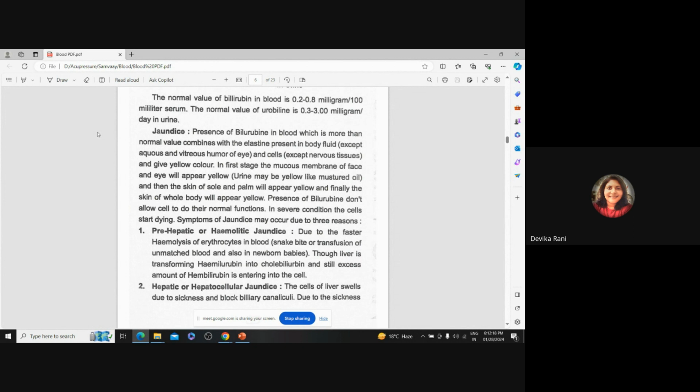So if symptoms of jaundice are present, like vomiting, the person not being able to eat, weakness, or fever, and if there is a yellowish tinge in the eyes, the face, the palms, the body, then one can know that yes, the bilirubin content is high. Bilirubin is yellowish, so when it starts accumulating, it reflects that same color in the body.